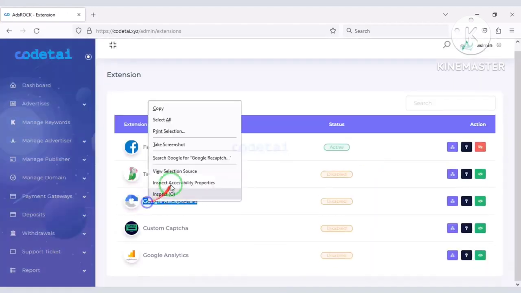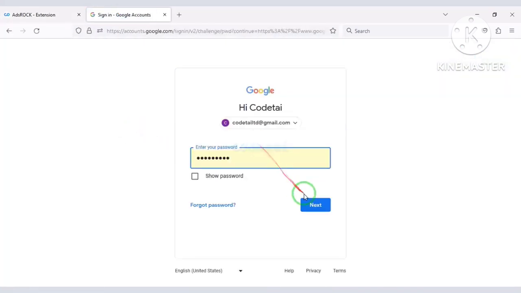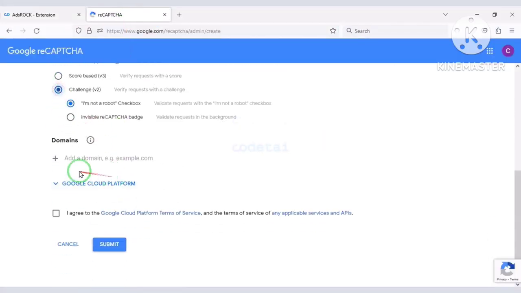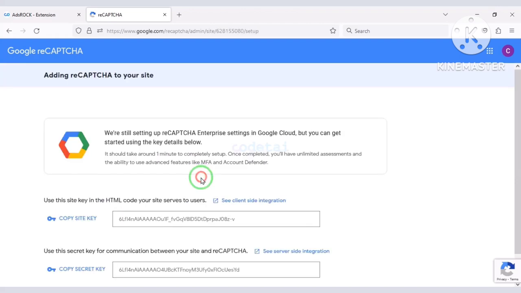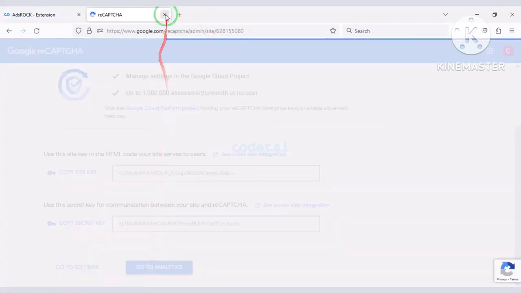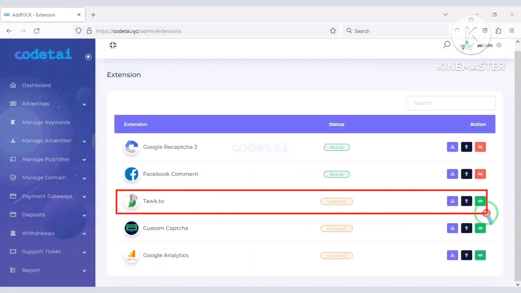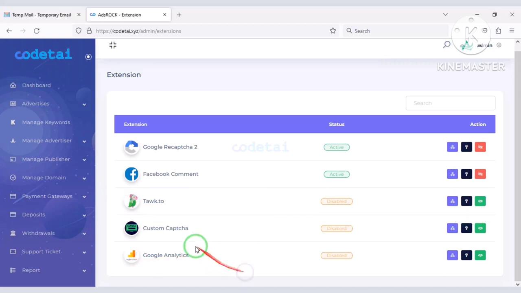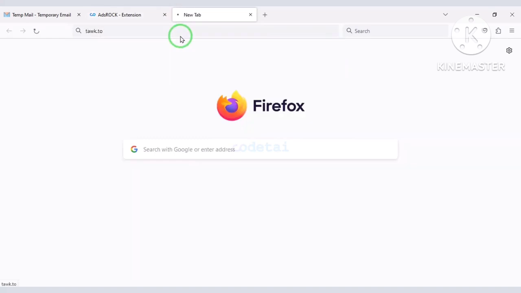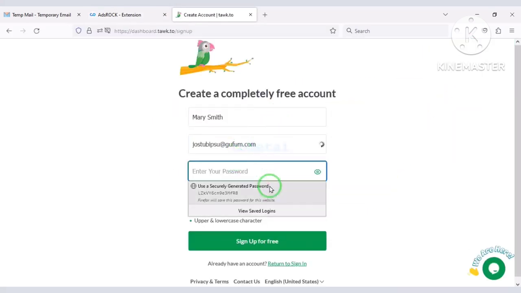Now I will teach you step by step how to add Google reCAPTCHA to the website. For this, follow my video step by step. Then we can add a live chat pop-up for customers on the website. For this we need to create a Tawk.to account. You must follow this video step by step, then you can easily add the live chat pop-up to the website.